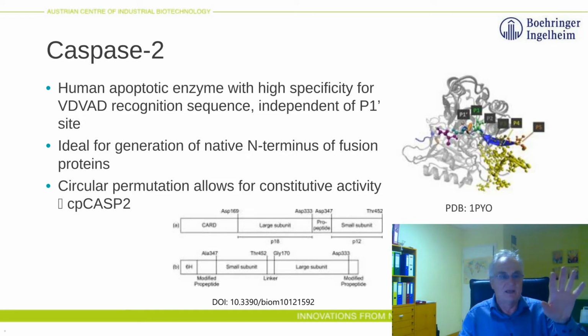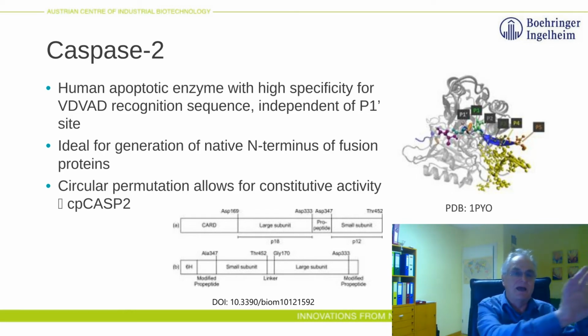Think about when you have 5 amino acids, the selectivity will be increased, and they are independent of the P1 prime side. So, when you use now a linker with 5 amino acids actually linked to the P1 prime side, then this is ideal for the generation of a native N-terminus for fusion proteins. So we have what is called circular permutated,